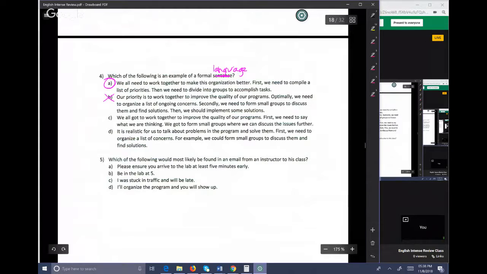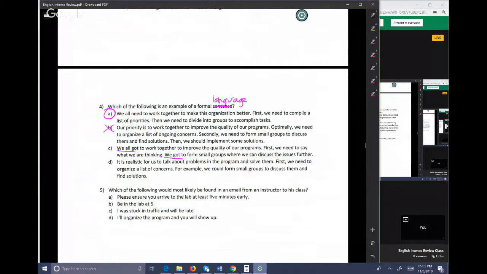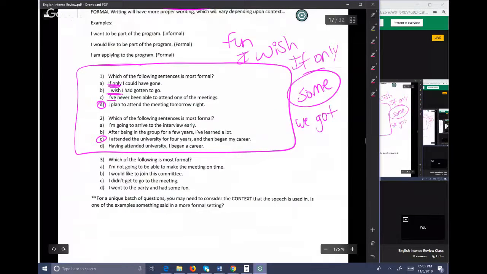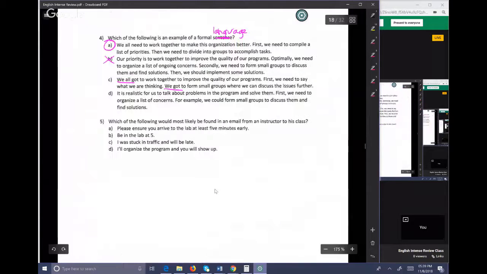On C, the we got is really bad. And you probably took C out just instinctively. You probably just thought, well, it just doesn't look formal. We got is very informal. In fact, you could put that as part of this little list here. Like, that's like saying had fun. You would not say had fun to someone in a professional environment, and you would not say we got to someone in a professional environment. That's the only thing I really pointed out